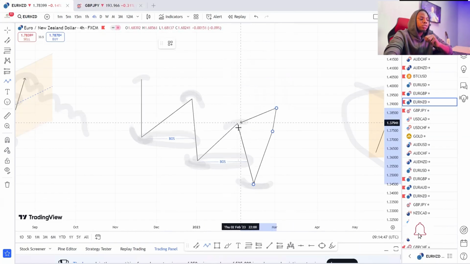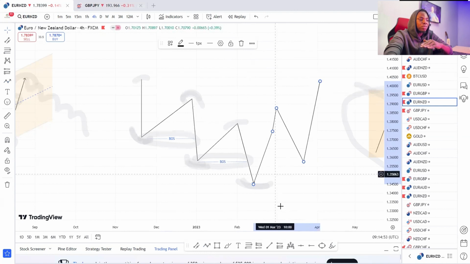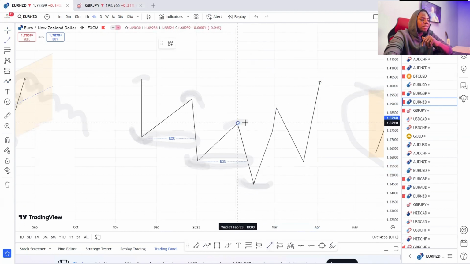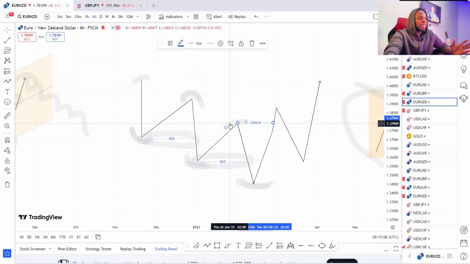So immediately the market pushes to the upside and takes out this high. Now, I expect the market to come back to a certain level to create a new higher high. So that means the first movement we have here is what we call change of character. So we tag it as change of character. Now that is the first movement against the initial trend. Yeah, the same thing is also applicable to that of an uptrend.